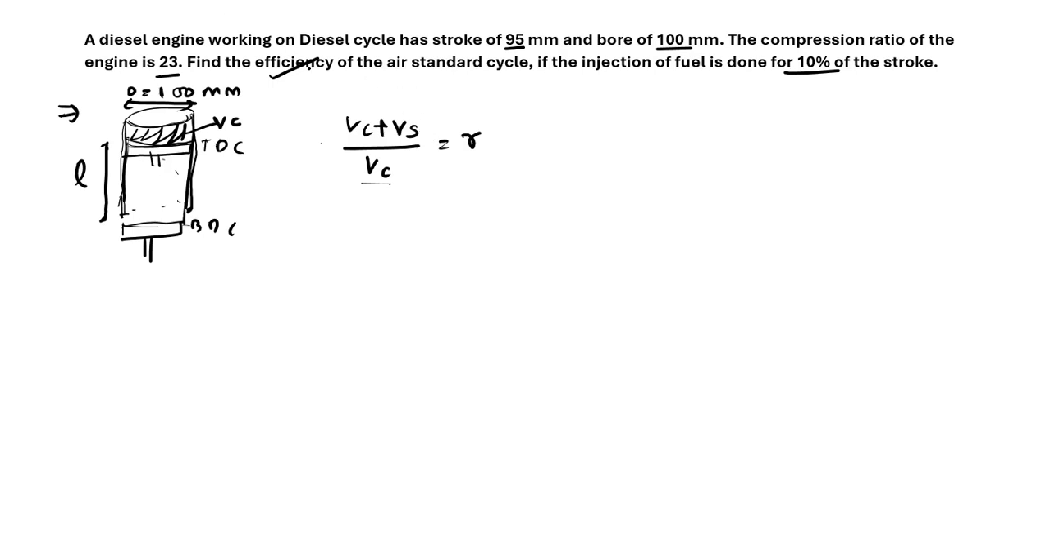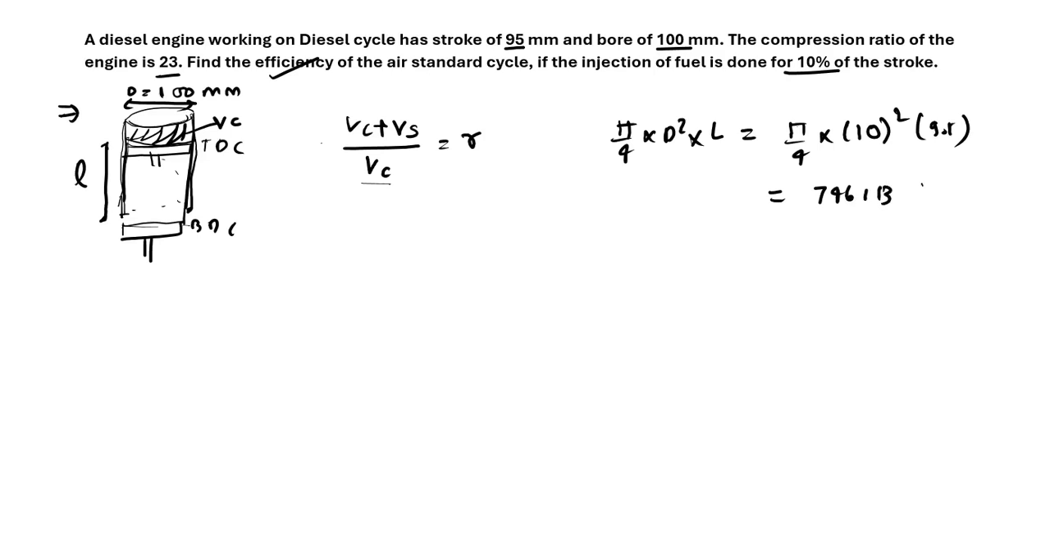So you can easily solve this question if you get this concept. Firstly, you just need to calculate the volume swept, which will be pi by 4 into d square into L. L is the stroke, d is the bore given. If you calculate this, it comes out to be pi by 4 into d, which has been given as 100 mm. You can just take it in centimeter, which is 10 square, into L, which is 9.5. So it comes out to be